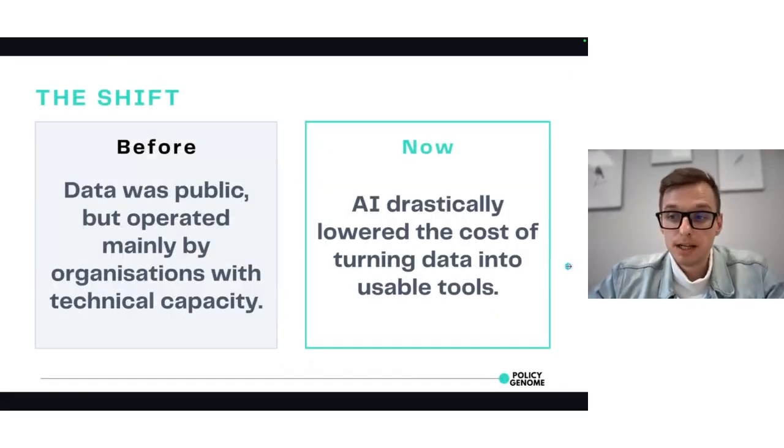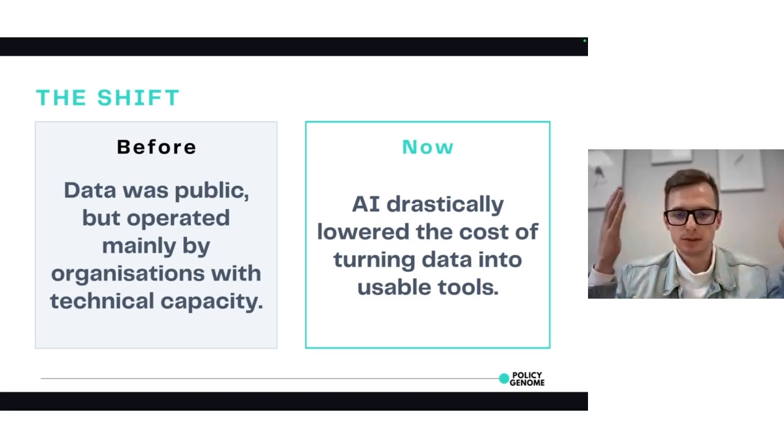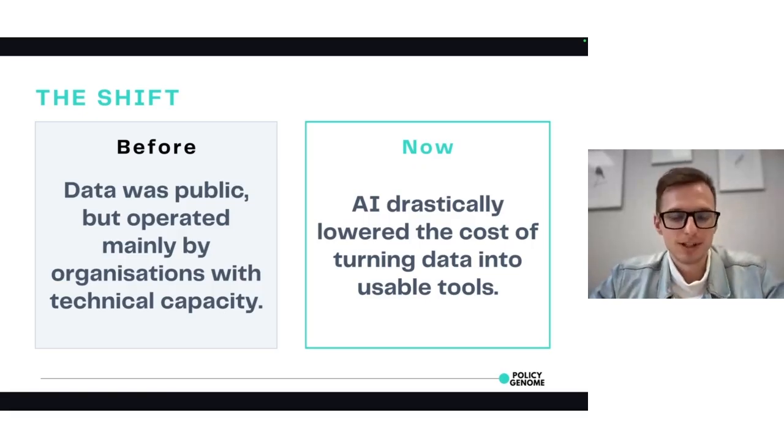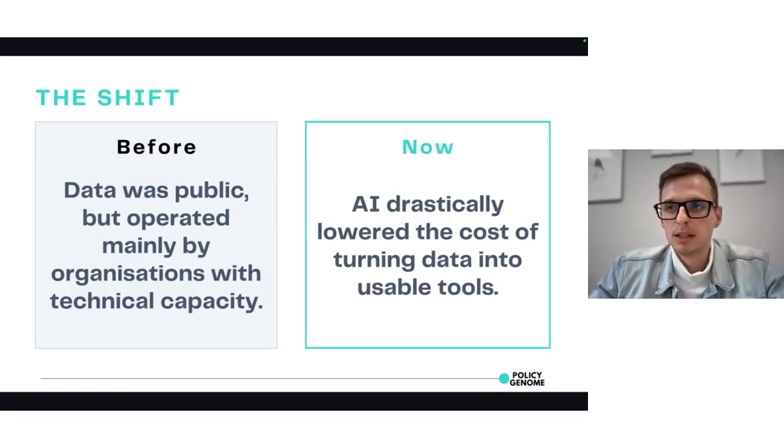Before AI coming in the form of LLMs, there was a huge issue with open data. First, the data was there, it was available, and we worked hard to make it available. But actually there was a really big bottleneck. It was the technical capacity to work with data. We don't open some data just for it to be published in one manner or another. We try to open it so that we can extract value from it for public good. And given that technical capacity to work with data is quite expensive and narrow, it was really a bottleneck for